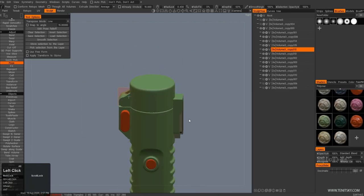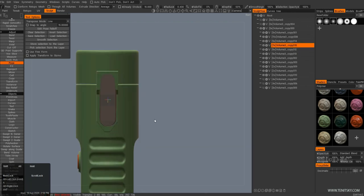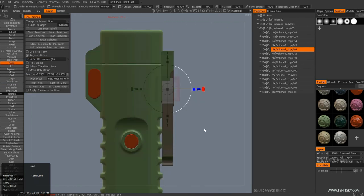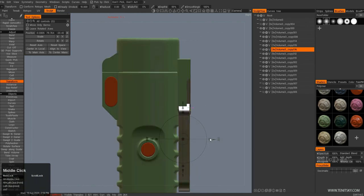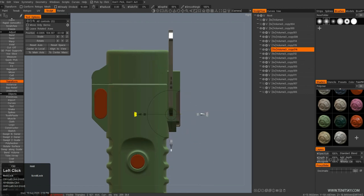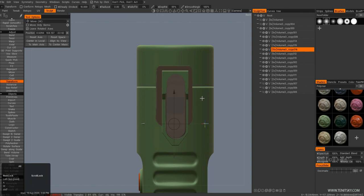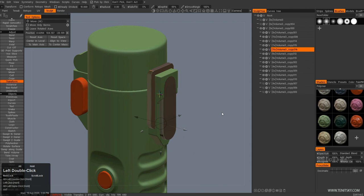So at the moment, I'm still building the elements for the lighter. I'm not merging anything together. So you see that left orange piece, it will be my Boolean piece in the future. And this is another piece, it's like a lock for to hold it together. So then I rotate it and just cut out. So I build most of my main volumes except for the insides of the lighter for